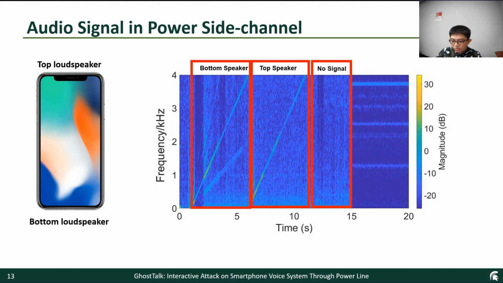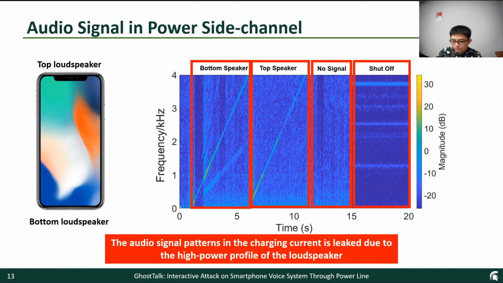Then, when we stop playing, the audio signal pattern disappears, but the noise is still there because other firmware is also consuming the charging power. Finally, when we turn off the smartphone, the noise disappears as well, which means that this phenomenon is definitely caused by the power consumption side channel.